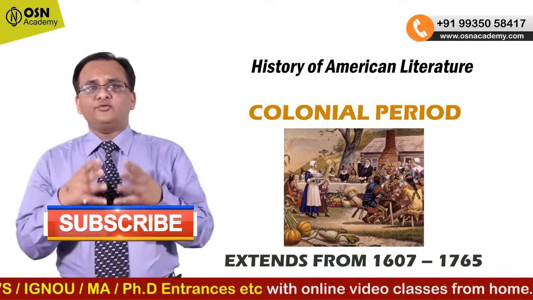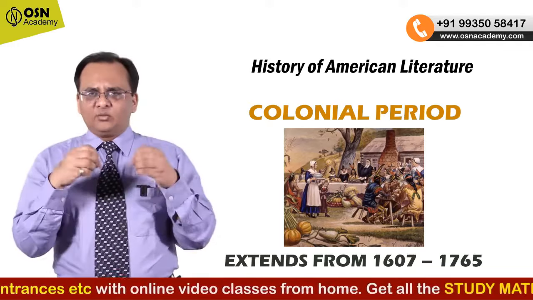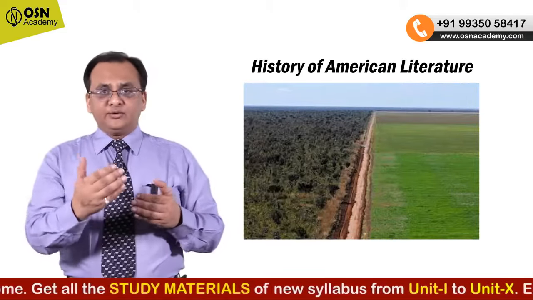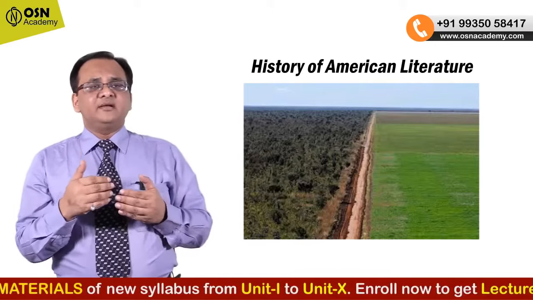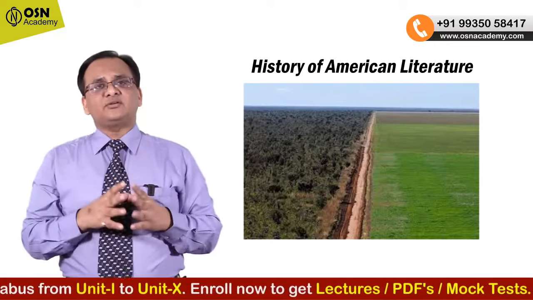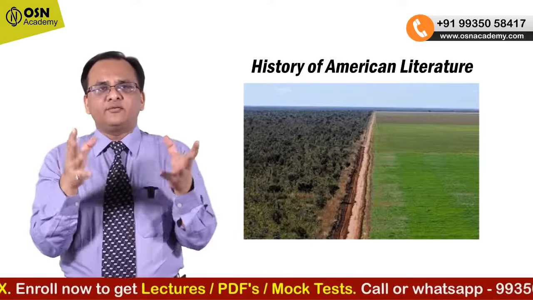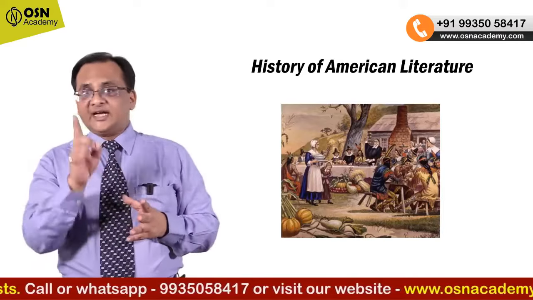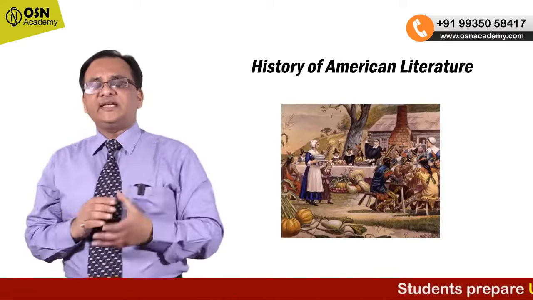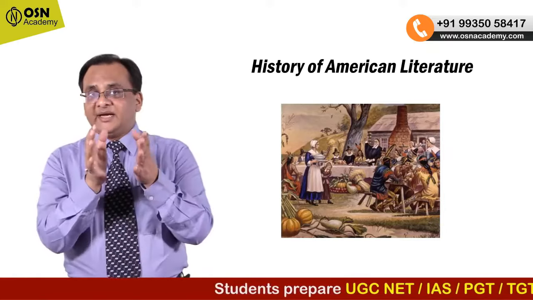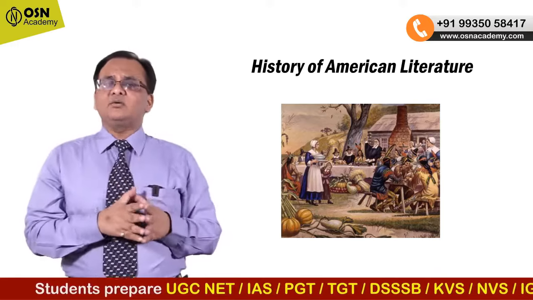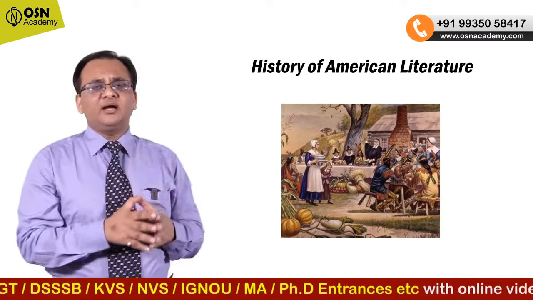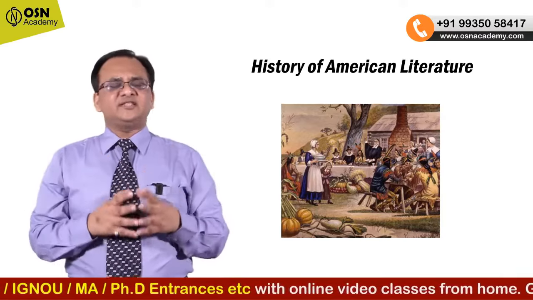And for them to fight against the wilderness, convert the forest into cultivable land, and make oneself safe against the adversities of nature, against the adversities of forces. Some of these forces were very gripping problems, which were not well suited for literary taste and literary composition. जब हम endangered होंगे, जब हमारे जान का खतरा होगा, जब हमारे पास खाने को नहीं होगा, जब हमारे ऊपर छत नहीं होगी, जब हमारे पास कुछ नहीं होगा, तो आप कैसे सोच सकते हैं कि हम लिटरेचर जैसी चीज़ को लिख सकते हैं?